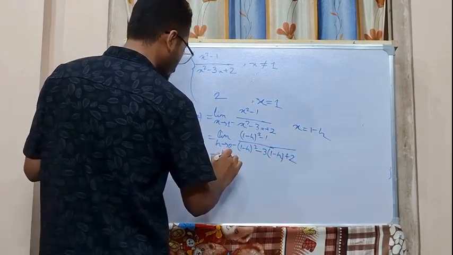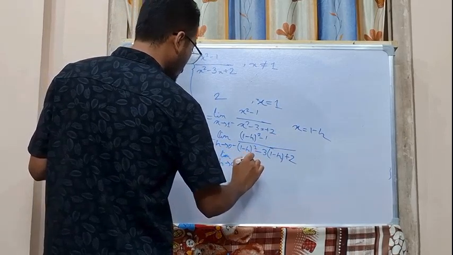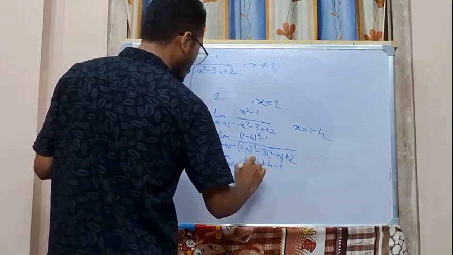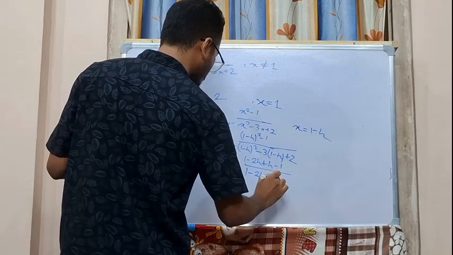That's why limit h tends to 0 minus, 1 minus 2h plus h square minus 1 divided by 1 minus 2h plus h square